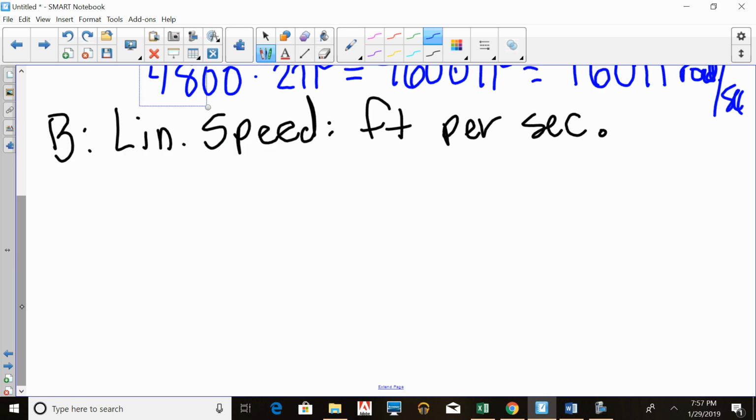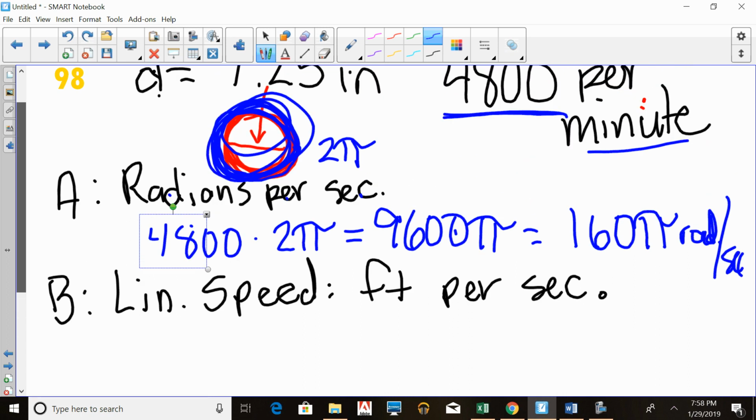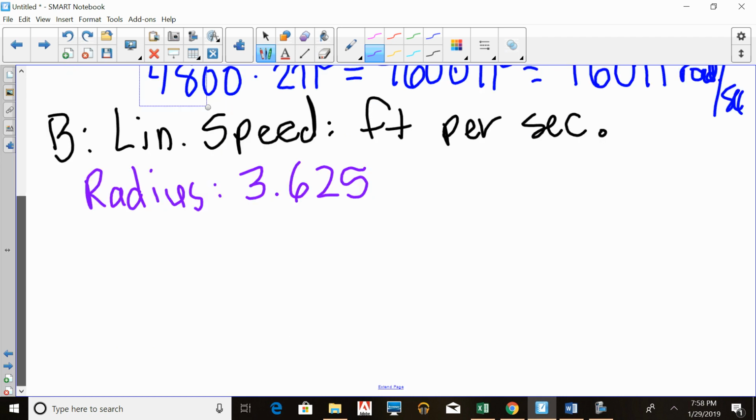Okay, then the second part of this question is the linear speed in feet per second. Well, now here we got to figure out what's the length of this. Since the diameter is 7.25 inches, the radius of the circle is half of 7.25, which is 3.625. And now, because we know that the radius is 3.625, to find the arc length,